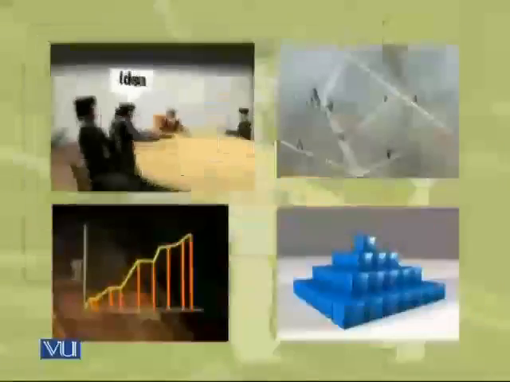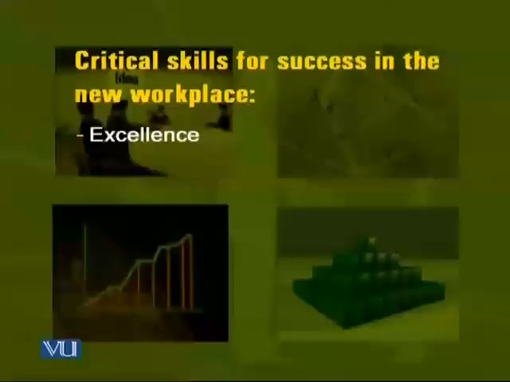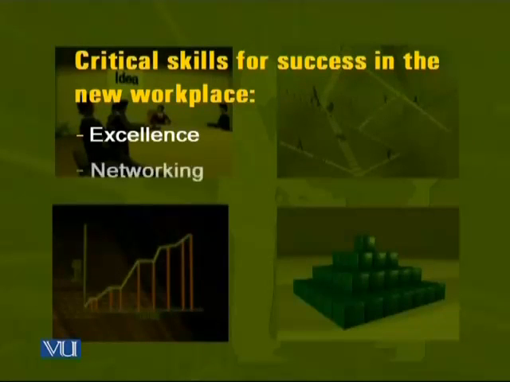So number one, excellence. You are producing something, you are providing some service, you are a technical person, an administrative person, a clerical staff, a marketing person, whatever. Whatever you're doing, nothing less than excellence is expected from you, from your organization, from anybody. So the first critical skill required is that whatever you are supposed to do in the organization, you should deliver in an excellent manner.